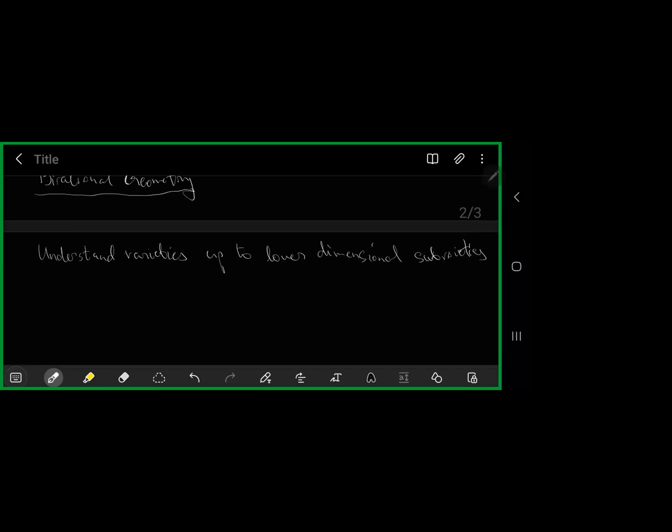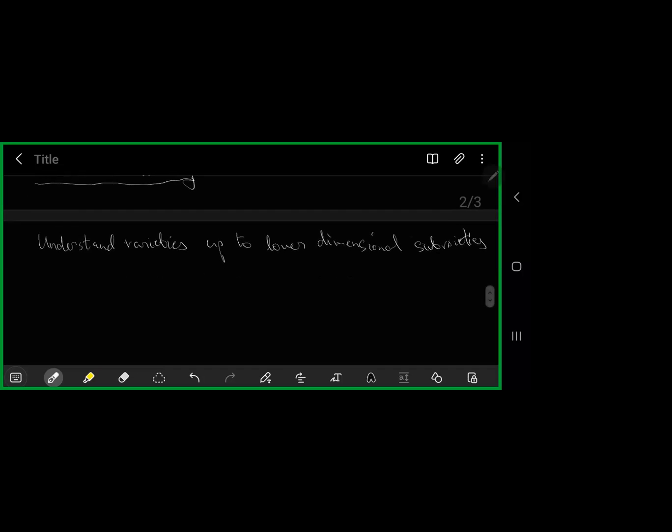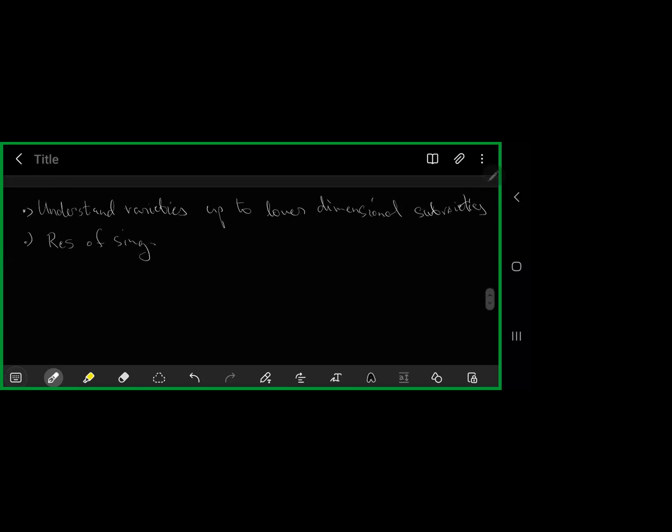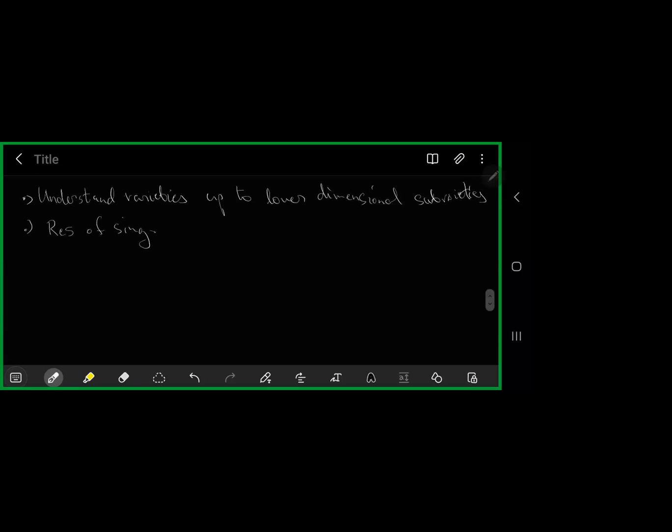Okay. So that's one goal, understanding varieties up to lower dimensional subsets. And another goal is resolution of singularities. Because I said Hironaka proved it in the classical case, but then there's other cases in which it's not known, and I'll get to introduce them right now. And that's where we get to modern algebraic geometry, modern AG, where